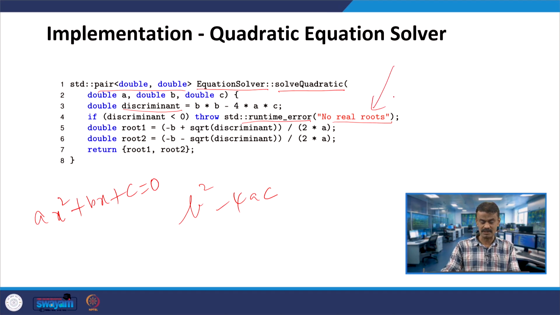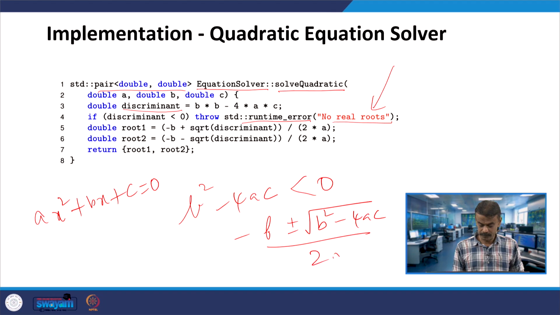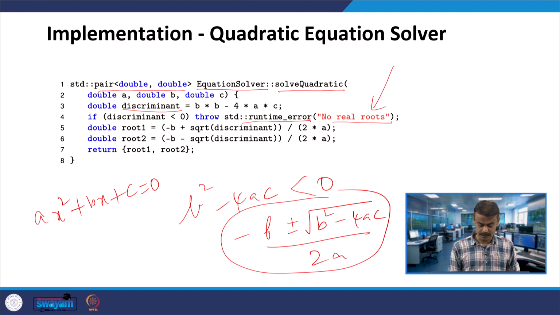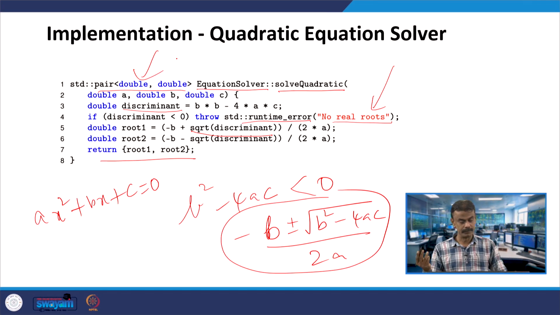Yes, if b squared minus 4ac is less than 0, then you can't find any real root. Otherwise, root 1 is minus b plus the square root of the discriminant, divided by 2a, and root 2 is minus b minus the square root of the discriminant, divided by 2a. You write this as code and return root 1 and root 2 as a pair. So, this is the quadratic equation solver.